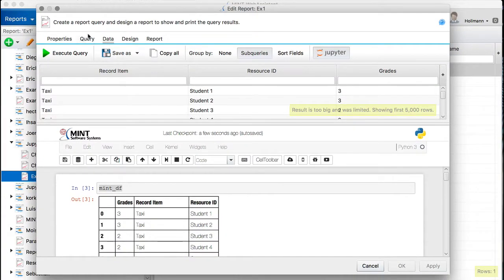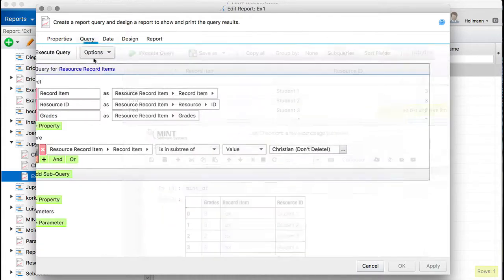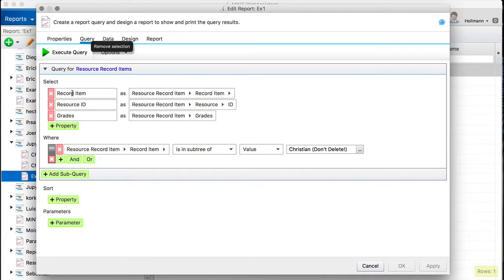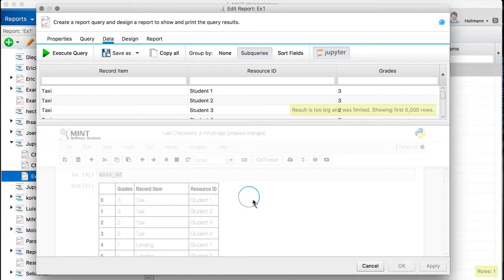If the query is changed, then you have to click apply in order to have the changes visible in the mint_df variable as well. Let me give you an example. It is always good not to have blank spaces in here. You will see later why that is. So we would call this record item, the resource ID, we just call it ID, and the grade stays like grades. Now the query has changed. So we click on apply, we go back to the data, and you can see now the animation is running